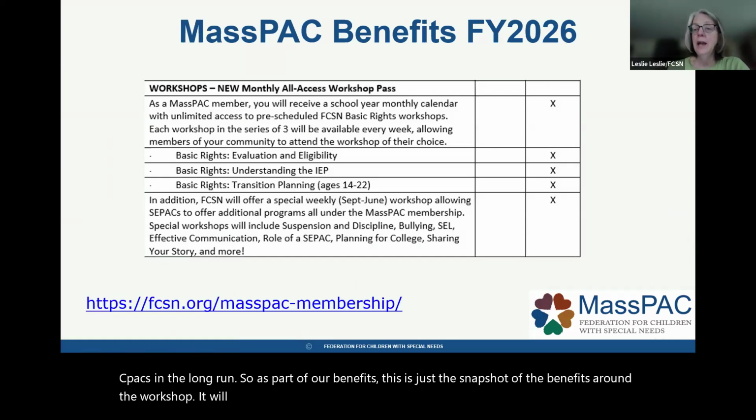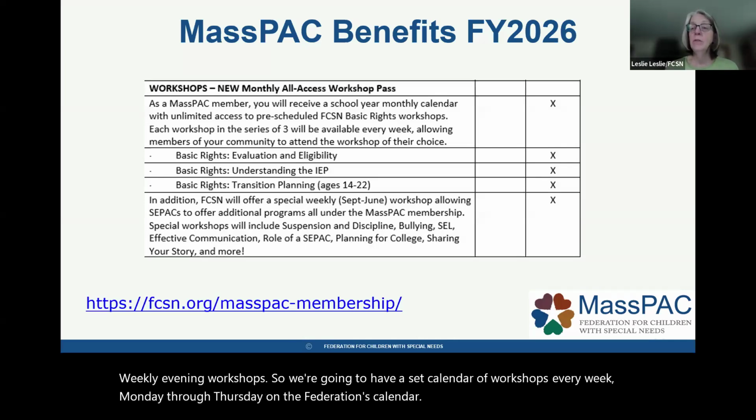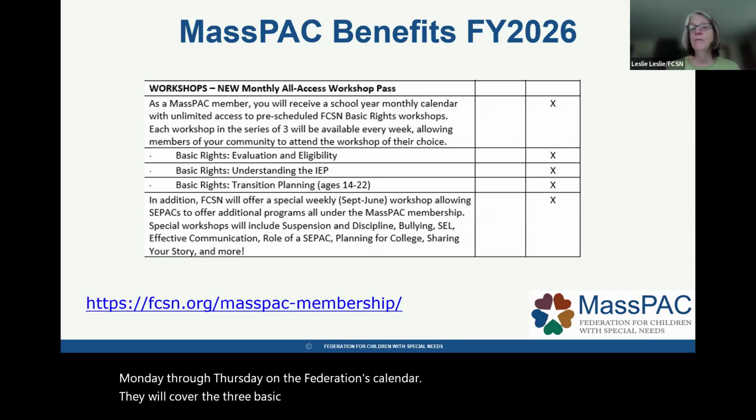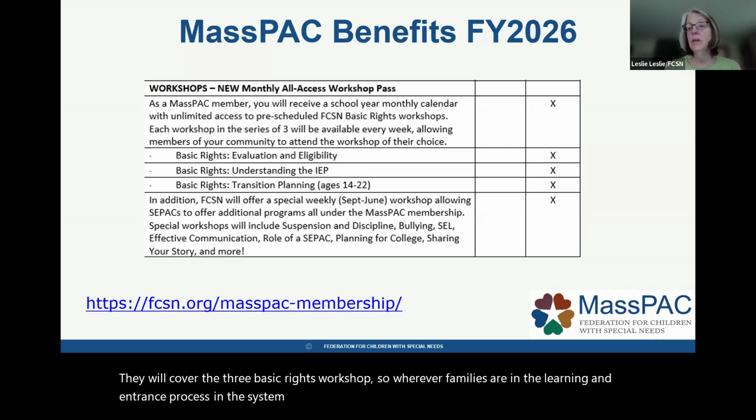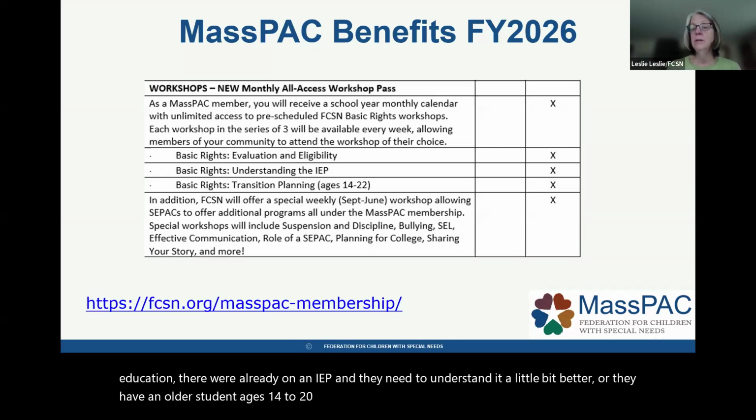It will be an access pass to weekly evening workshops. So we're going to have a set calendar of workshops every week, Monday through Thursday, on the Federation's calendar. They will cover the 3 basic rights workshops. So wherever families are in the learning and entrance process in the system, whether they're interested in evaluation and eligibility in special education, they're already on an IEP and they need to understand it a little bit better, or they have an older student, ages 14 to 22, and then the basic rights transition planning workshop would be most appropriate